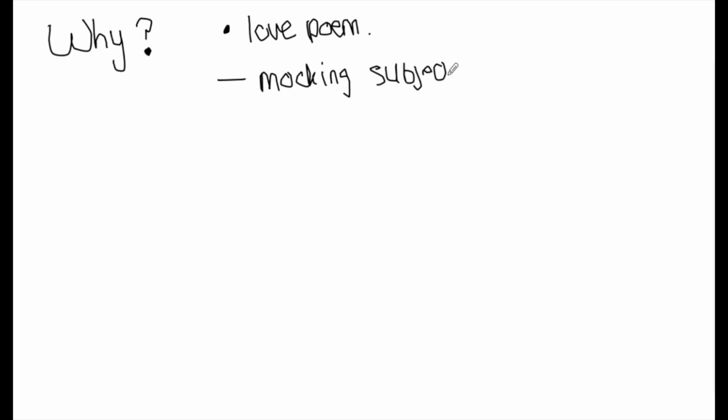So, one of the main reasons why Shelley might decide to write the poem as a sonnet, which is, remember, a love poem, could be because he is mocking the subject of the poem. Remember, the subject is Ozymandias, no one else. By encapsulating the poem within a love poem, but there's no love in the poem itself, it's just about Ozymandias and his ego, we can say that Shelley is clearly creating contrast between Ozymandias' personality